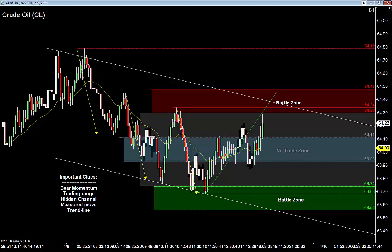Capitol Hill, FOMC, you name it. All right, let's jump in. We got oil, S&P, Nasdaq, gold, and euro on the chart tonight. And again, as I mentioned in the introduction here tonight, we've got a lot of this combination of ranges, right,